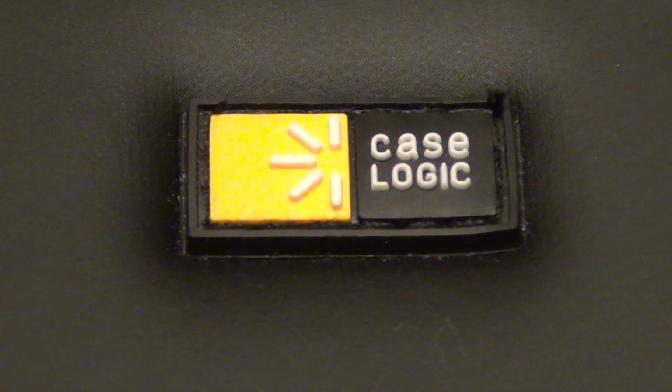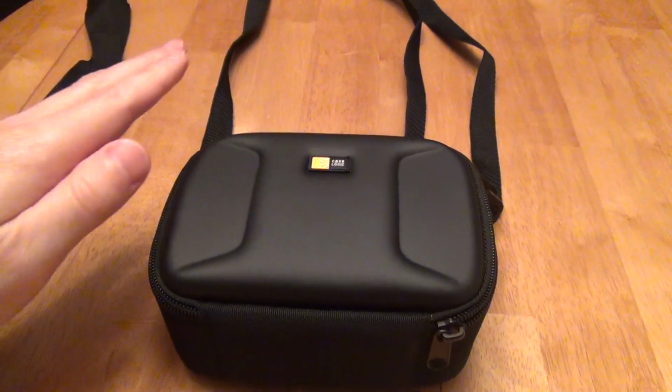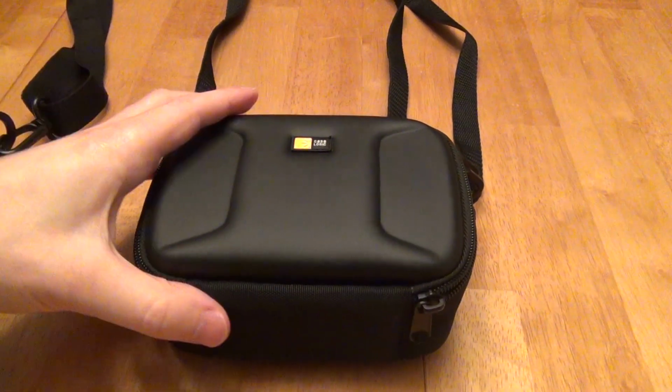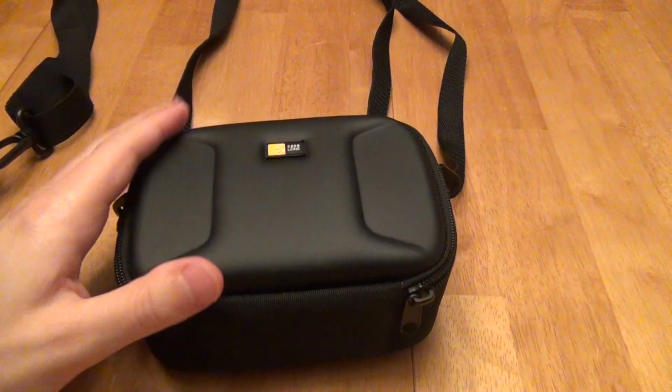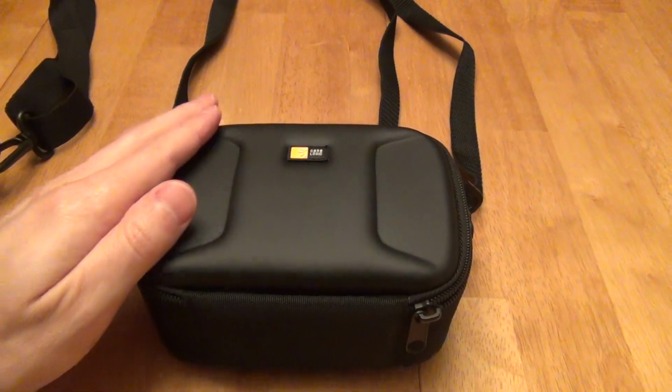Hello, this is a review of the Case Logic MSEC-4 camcorder case. Now, I think this is an absolutely excellent camcorder case for its versatility, its compact size, and excellent overall protection. And while we're looking at the MSEC-4, we're going to do a simple comparison with some of the benefits